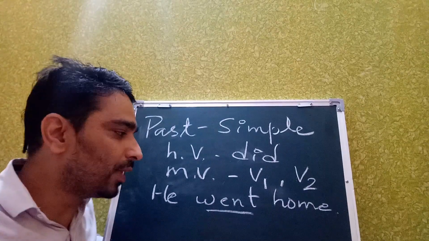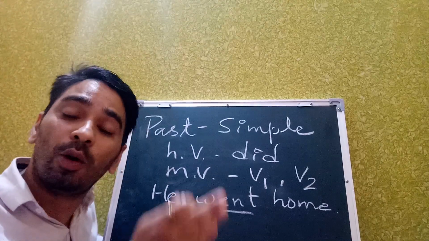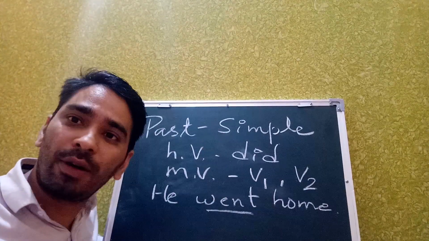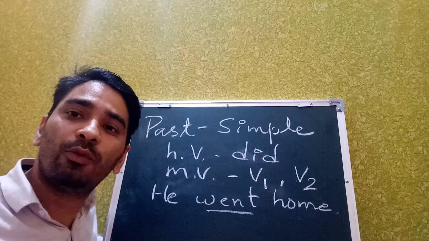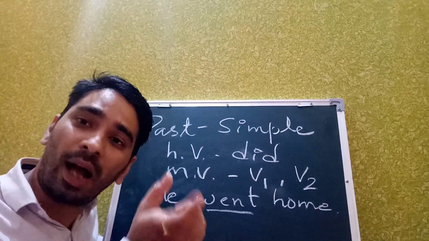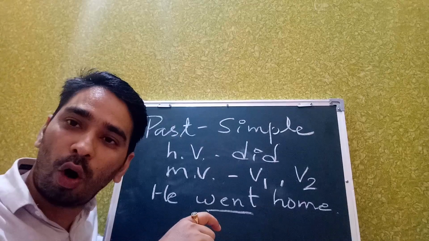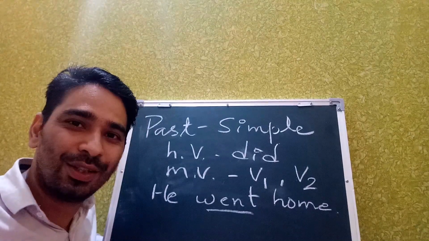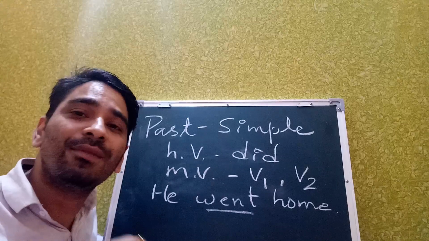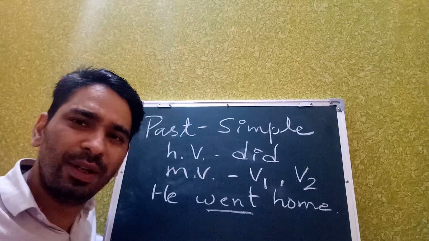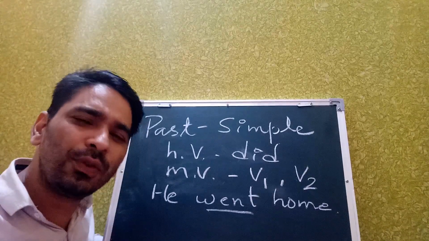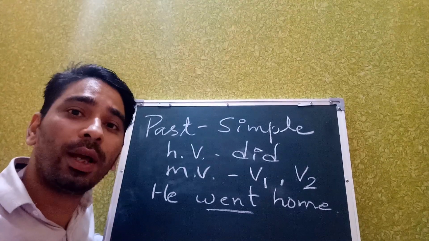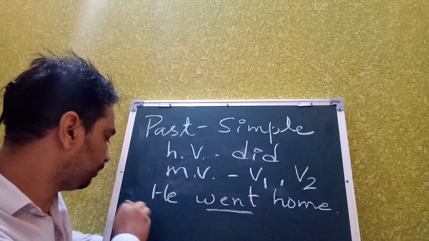What I'm doing is using V2, the second form, for whatever I did yesterday or whatever has happened in the past. This past may be half an hour ago, 5 years ago or 10 years ago. So we just say V2, the second form of the word. Very simple. But as soon as you make a negative statement or an interrogative sentence,